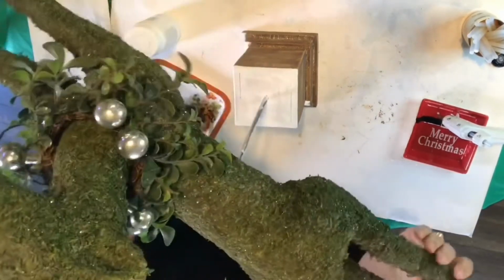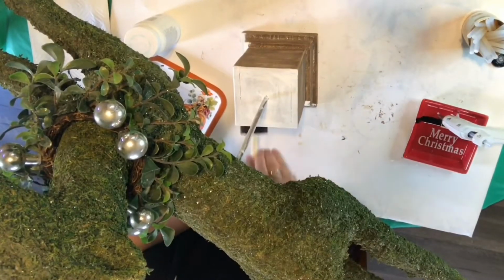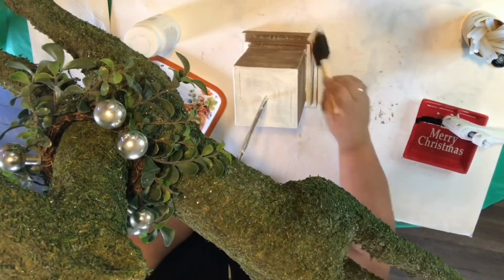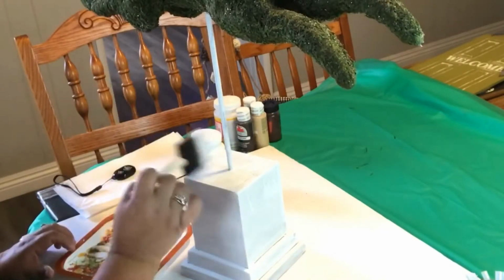But I just started painting it, and I thought, you know what? Put some Krafty Leeny love onto it, and started. I wanted, like I said, to do the weathered look. But anyway,